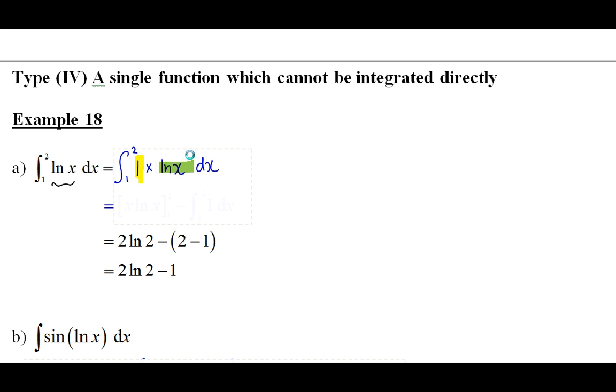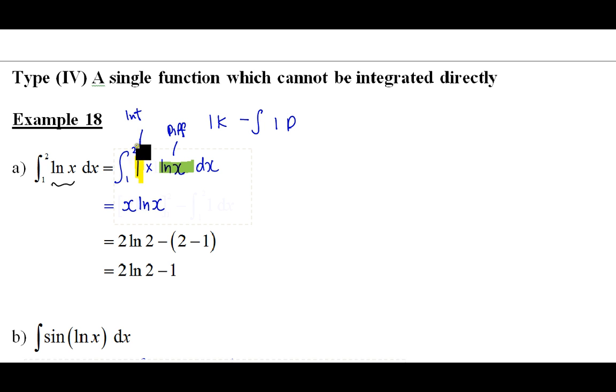So which one do you differentiate? Which one do you integrate? Quite easy. Let's recall again: I K minus integrate I D. One of them you have to differentiate, one of them you have to integrate. Now we obviously don't know how to integrate ln x, so we have to differentiate this and integrate this. So let's recall again. Integrate 1, I get x. Differentiate, keep, of course, I get ln x